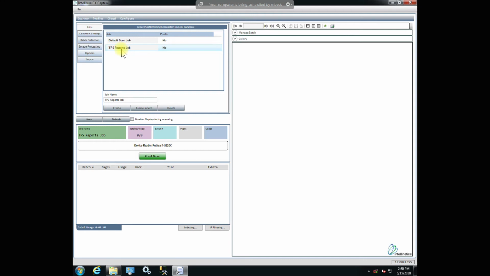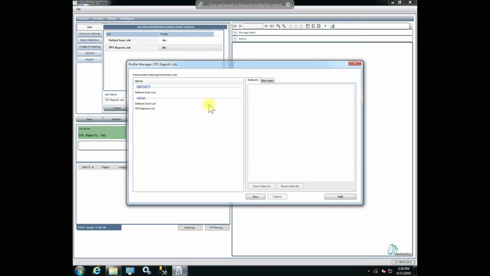To do that, I select my job, I click on Profiles, and then click on Profile Manager. Now your screen may look a little bit different than mine. I am on a beta release of the software that we're working on here. You may have some other fields here where it prompts you to enter a name for the profile that we're creating. So what I would typically do if I were being prompted for that would name my job the TPS Reports profile. Okay, since mine doesn't have that entry, I'm just going to go down here and say, all right,